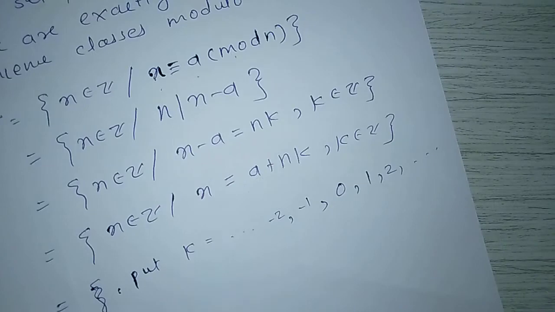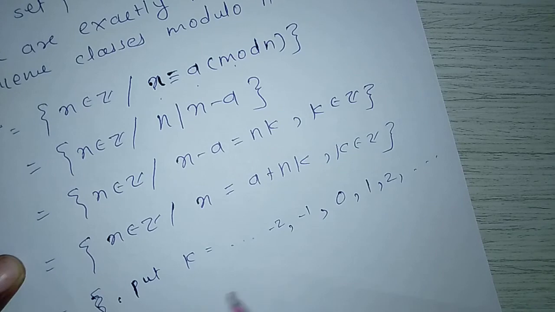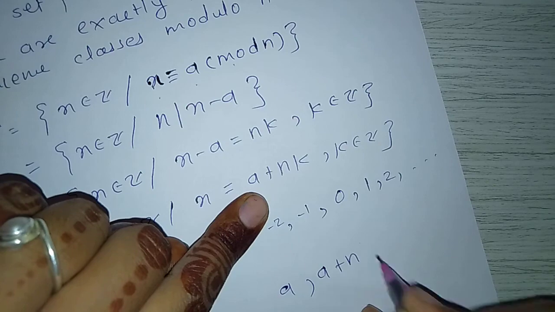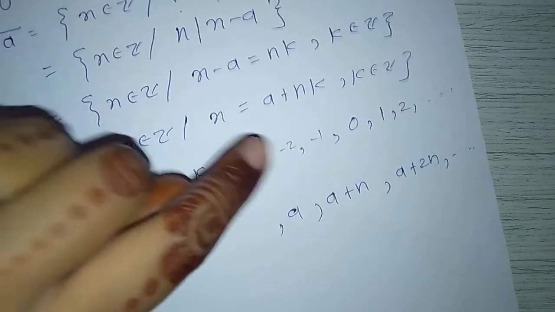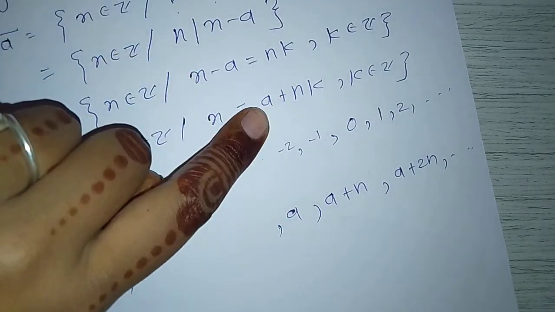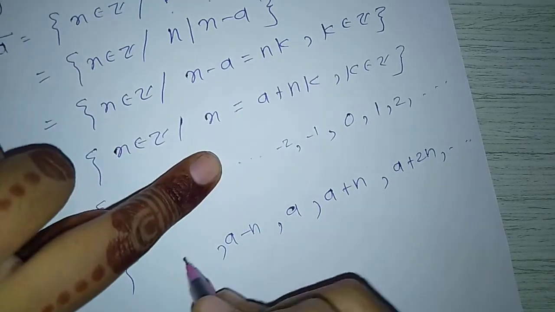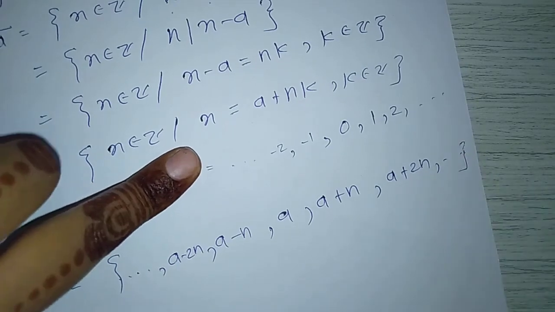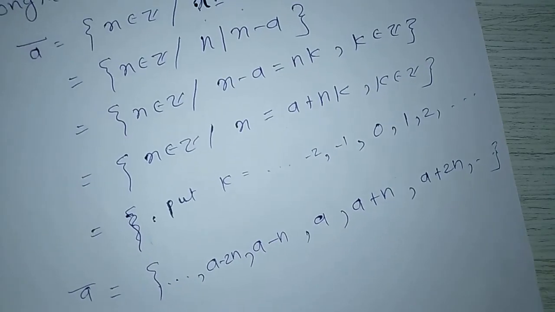That's why we get set a bar equal to: if we put k equal to 0 we get a, if we put k equal to 1 we get a plus n, put k equal to 2 we get a plus 2n and so on. From here if we put k equal to -1, we get a minus n, k equal to -2, a minus 2n and so on. This is the set of a bar, the congruence class. Next example,